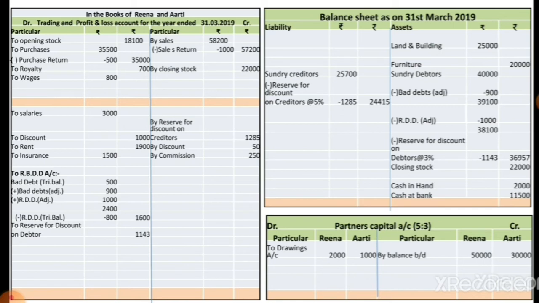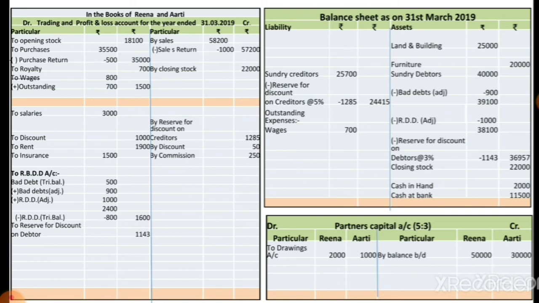Now we see the fourth adjustment. It's very easy. Outstanding expenses. Outstanding means unpaid. That expense is related to the current year, but still it is not paid, so it is a payable. So here we add these outstanding expenses, in particular expenses like wages. There is outstanding wages, the amount is 700. So first of all we add the outstanding expenses of rupees 700 on the trading account debit side, and afterwards we take the total of both the amounts, 800 plus 700, and in the outer column we record the total 1500.